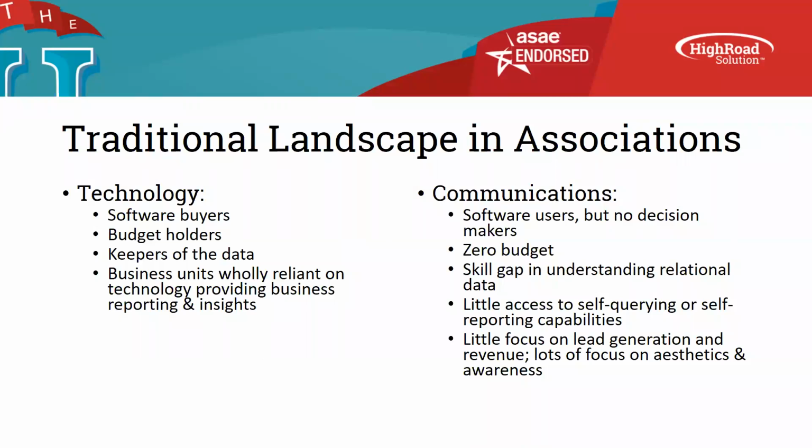And that has fundamentally changed because of the buying power and also the usage and the reporting. Those groups have continuously said, or they've gotten to a point where they're like, we have to be able to use technology effectively so that we can actually understand and predict how people are going to buy our products, how people are going to join, and then understand and be proactive in understanding why they're not doing something. So the whole traditional landscape has kind of been turned on its head as each one of the units or departments and the association as a whole